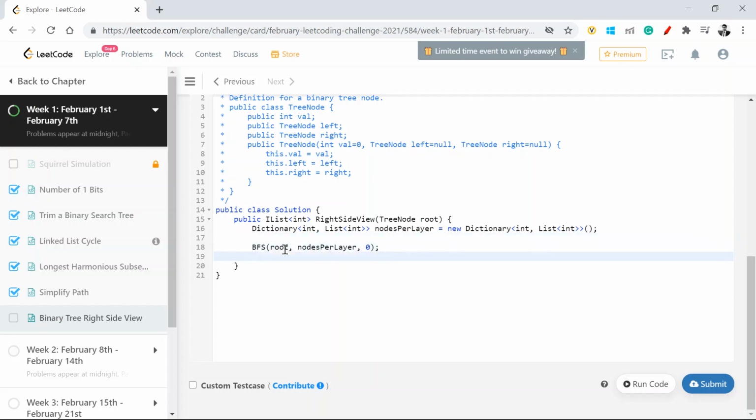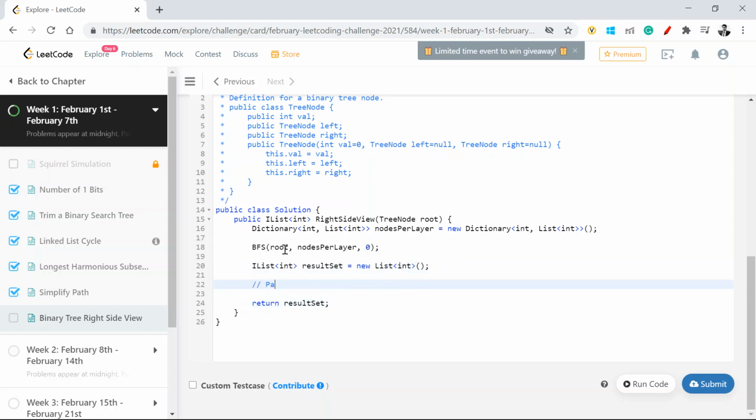Once I'm outside this, what we need to return is an IList format, so that will be your result set. In this place, we are going to play with the dictionary and get the rightmost values. This is what we need to do. But before we write this code, let's see what this breadth first search has to do.